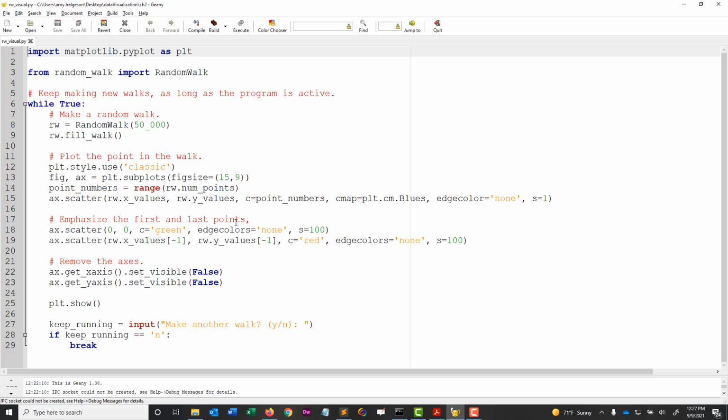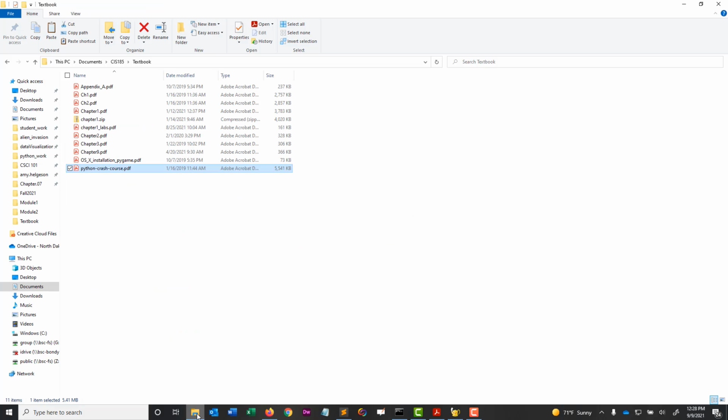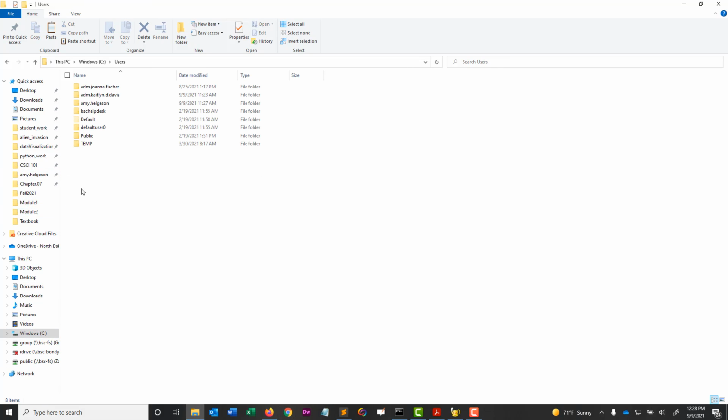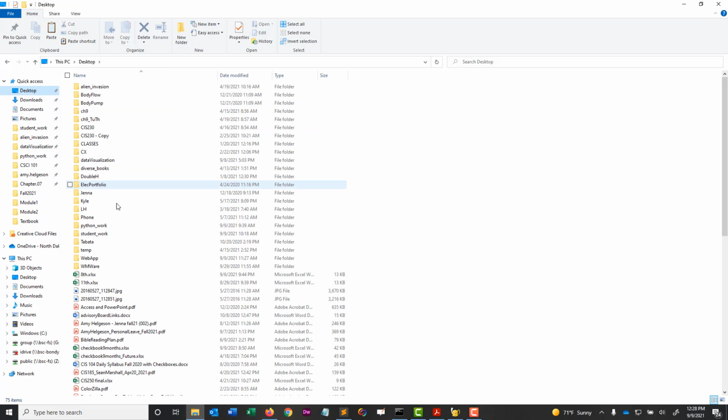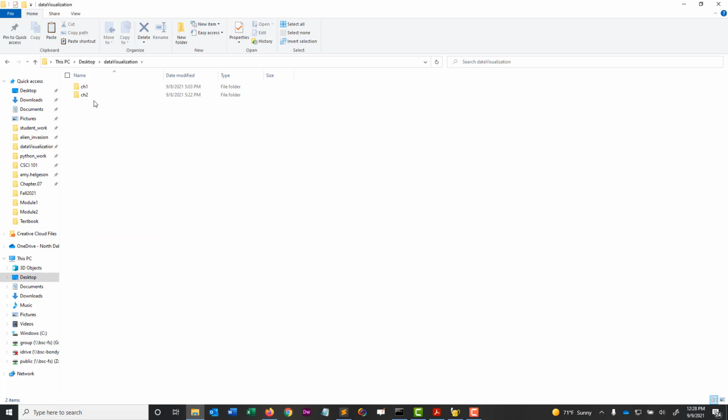Now, if you don't want to install the Geany editor, you can do it another way. You can use the command prompt to run this rw_visual.py file. You just have to know the location of where it's at. My location is C drive, users, then I believe I have it on my desktop, and then it is data visualization. I have chapter 2, I've kind of separated these out. So I would right click on the chapter 2 address, copy address as text, and then